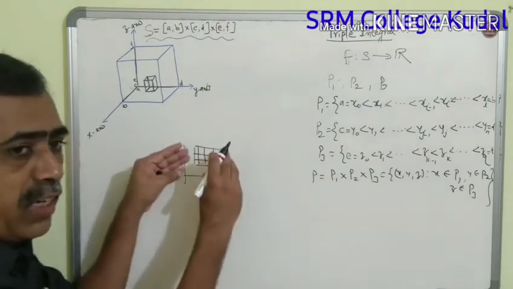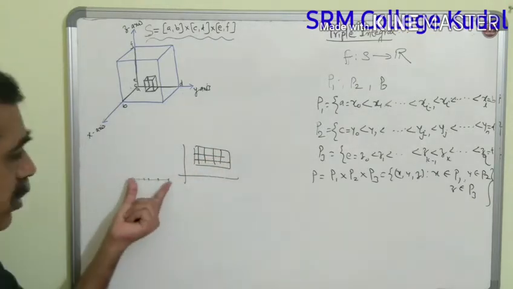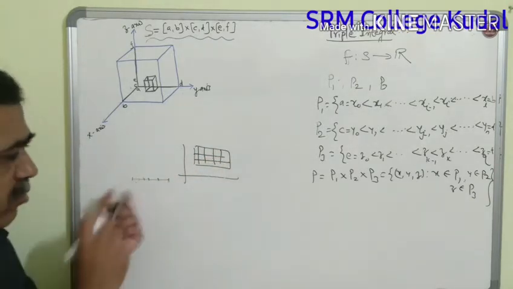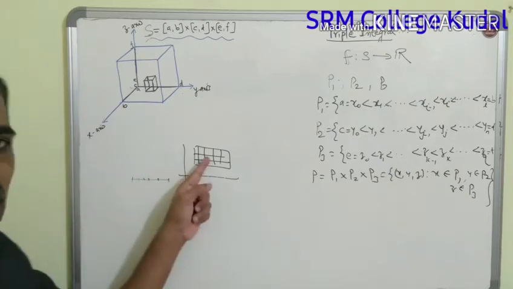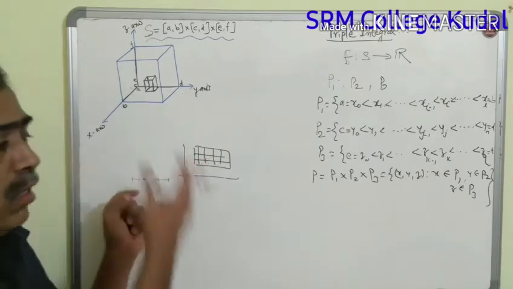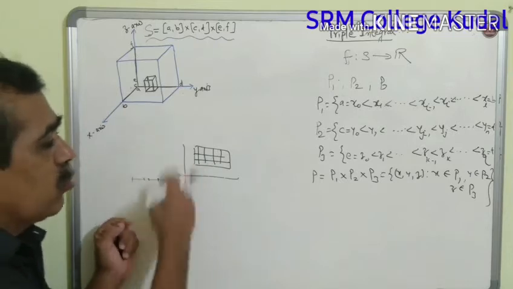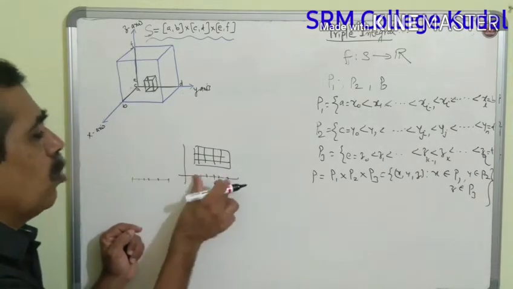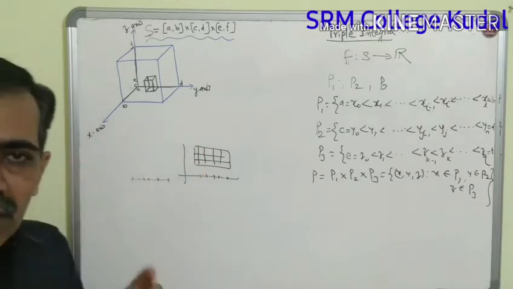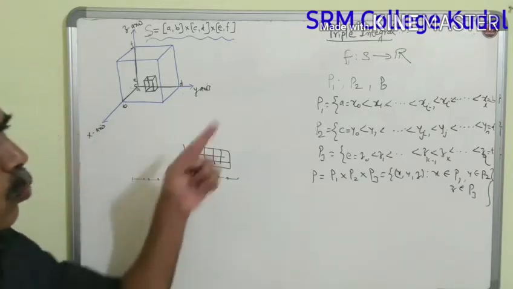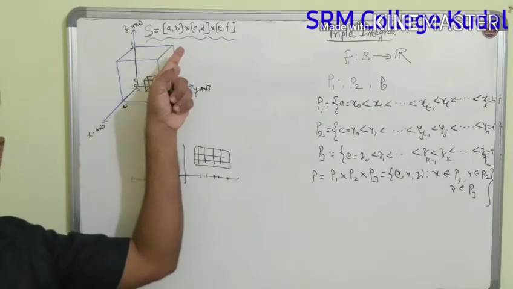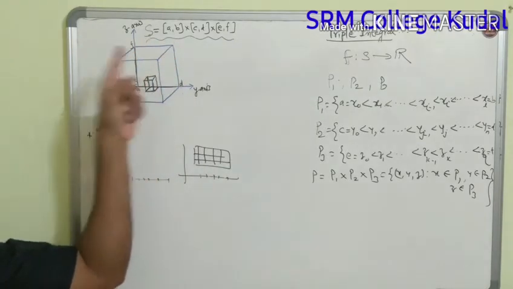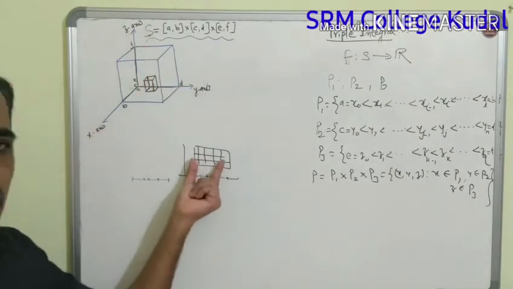Once again, to partition a line segment we require points. To partition a rectangle we require lines parallel to the coordinate axes through the points of the partitions P1 and P2 of AB and CD. Similarly, as a continuation of this, to partition the cuboid, which is 3-dimensional, whereas the rectangle was 2-dimensional,